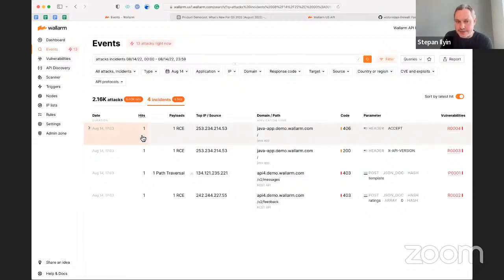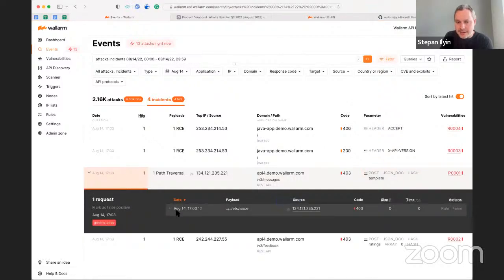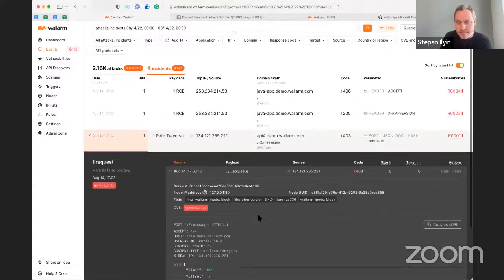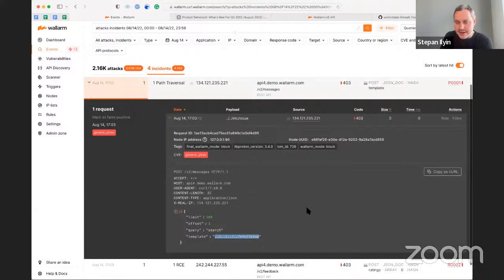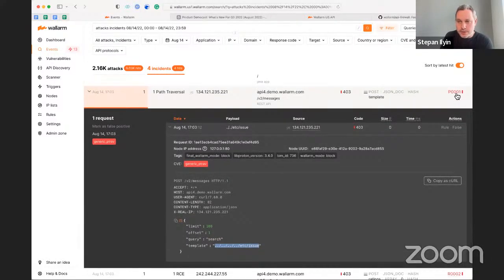In this case, for instance, we're saying there was a remote code execution against your API endpoint v2 messages. It's a REST API, so it's JSON content that was transferred. You can go and look at the request. You can see there was a template parameter and a path traversal payload inside. And there is one important thing here on the right side. We show the